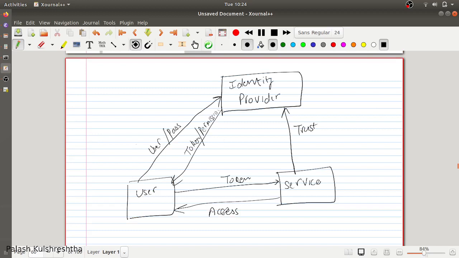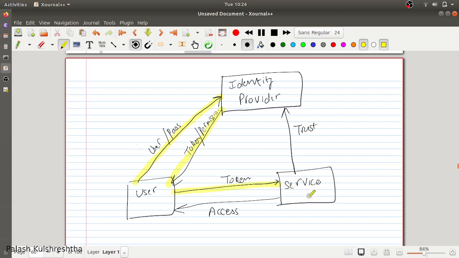So let's try to summarize this pattern and how the authentication works. The user will provide username and password to the identity provider and security token service. Then this identity provider security token service is going to respond with a particular token. Then this user is going to take that token to the service.